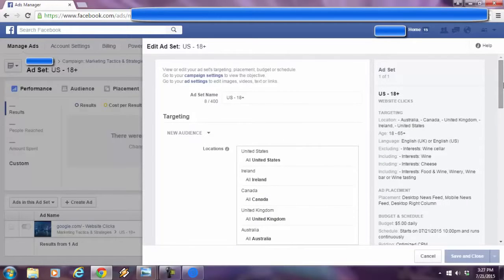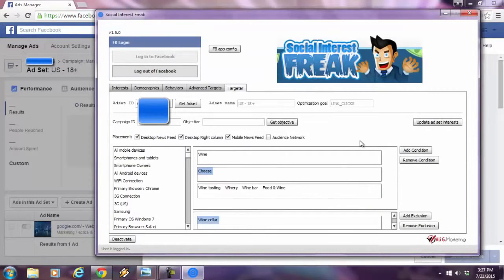So the power of Social Interest Freak is really out of hand. I hope everyone understands the power of this, because everyone knows that Facebook is multi-niche. There's people of all walks of life from every corner of the planet on Facebook. This is the most effective social media platform to advertise on, and now you have